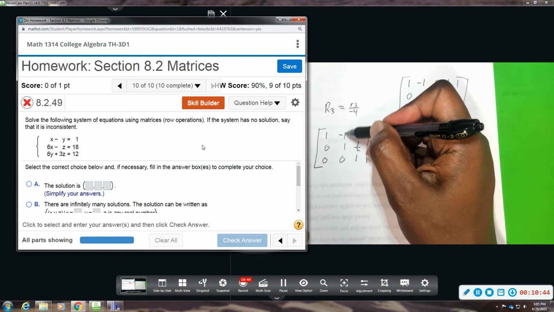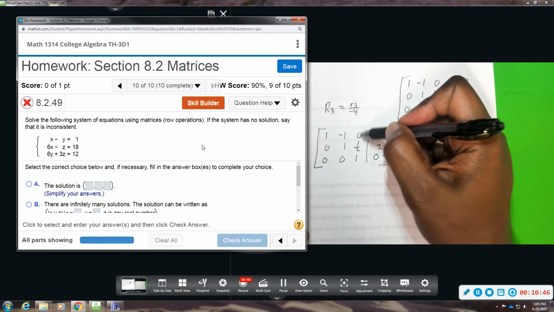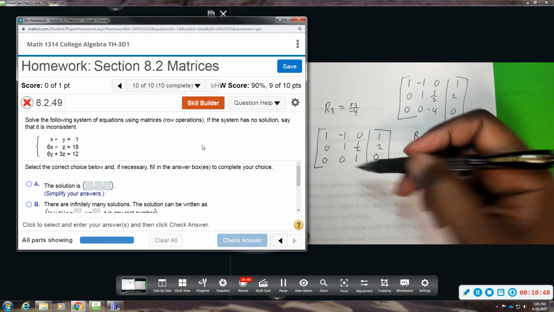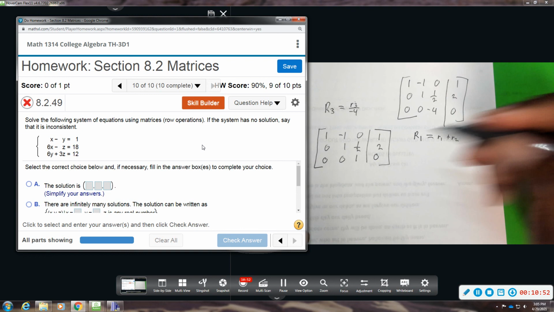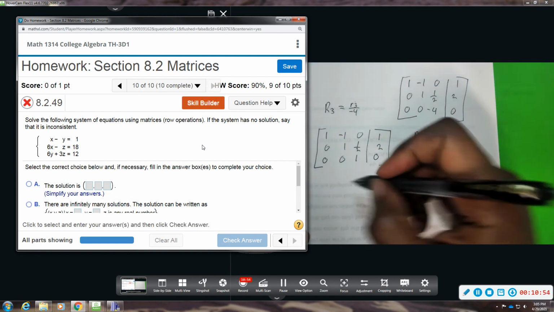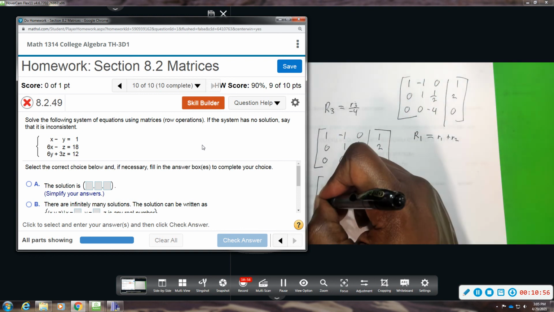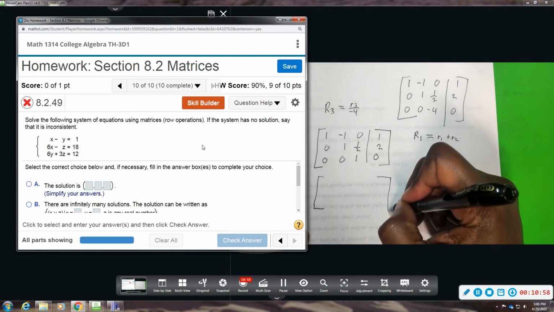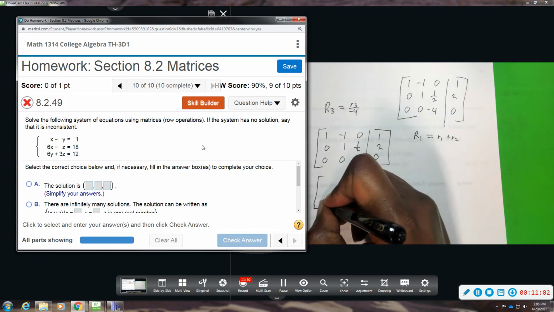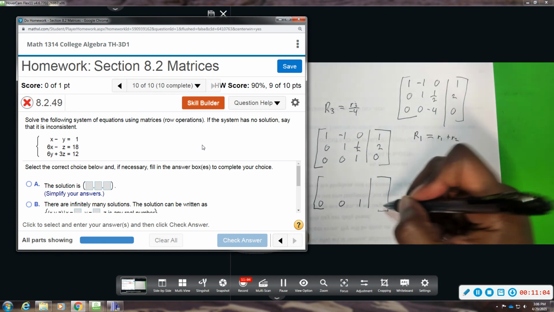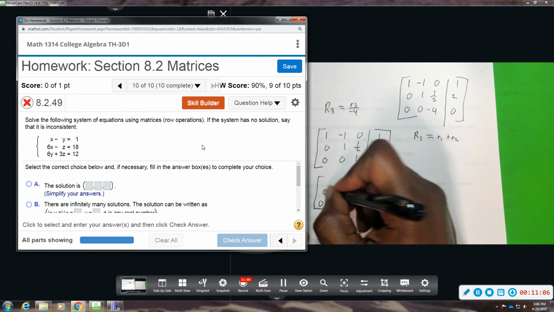So if I just add that to that, it'll give me a 0. It'll change that, but I'll be able to fix it later. So I'm going to add those two, and these two will stay the same: 0 0 1 0, 0 1